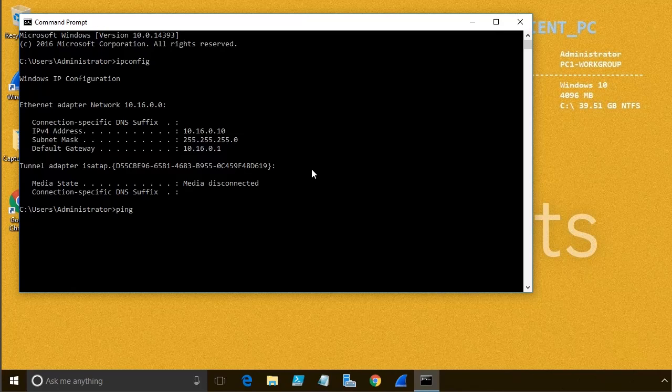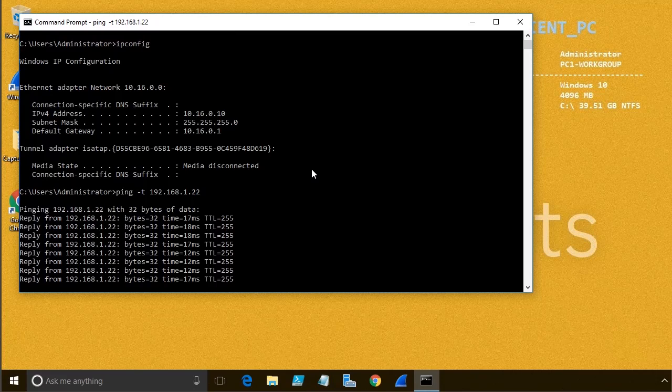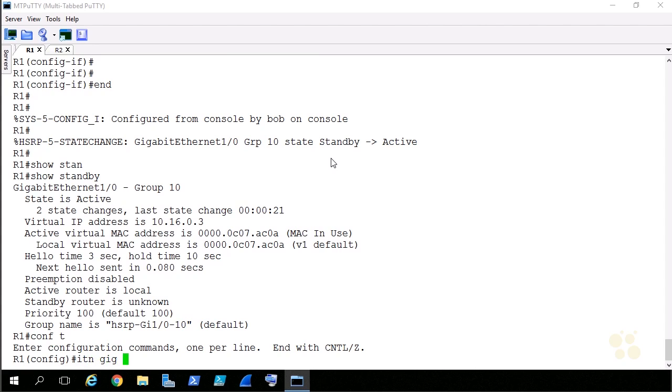Let's do a ping -t for keep going, and let's ping an IP address off the local network of 192.168.1. Let me think about what's a valid IP address over on the right-hand side of R1 and R2. Let's do 22. Let's ping that address, and that's just ping and ping and ping. It's using R1 as its default gateway. But just as a verification, before we point to the virtual IP address, if we go back to our management computer and we go to R1 and we go into interface configuration mode for interface gigabit 1/0,